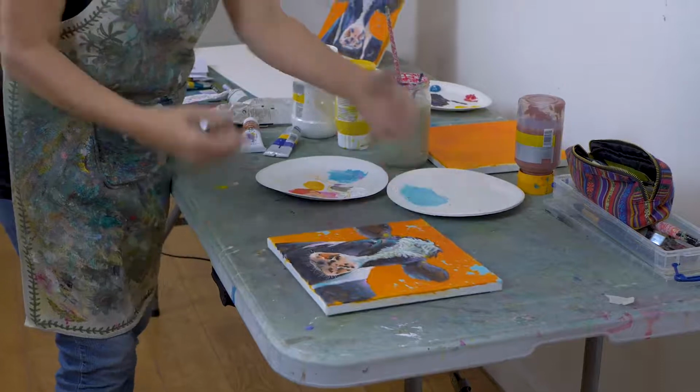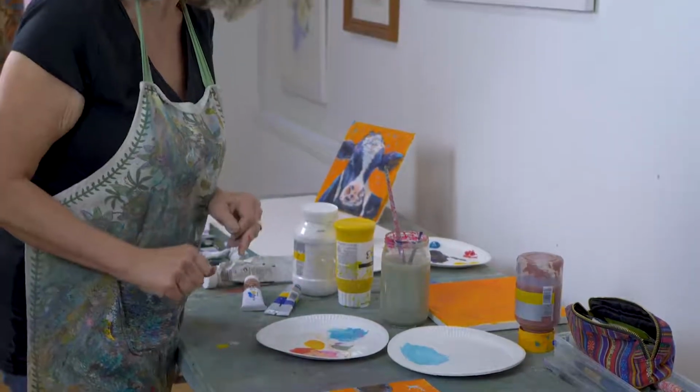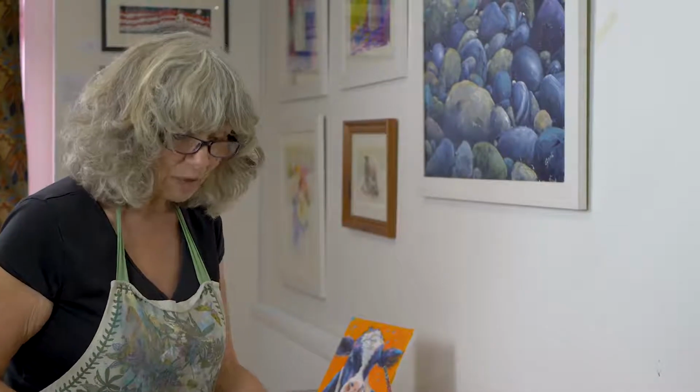And now the background is nice and lively and has something going on. It isn't just a flat colour. You've used the same colours all the way through. Use the little pen to make the whiskers. And we've got a really nice, lively picture with lots of